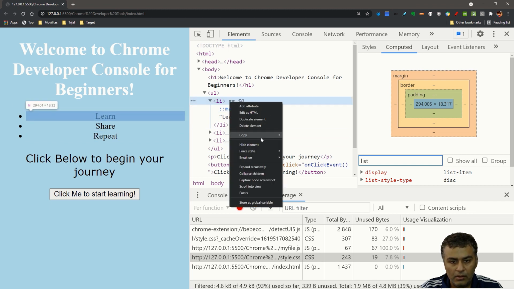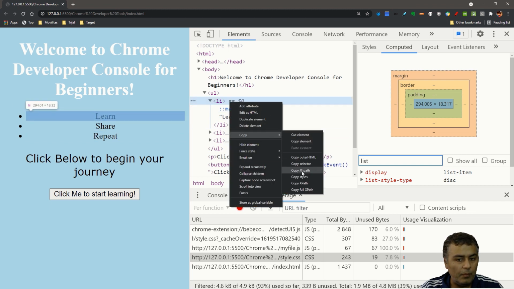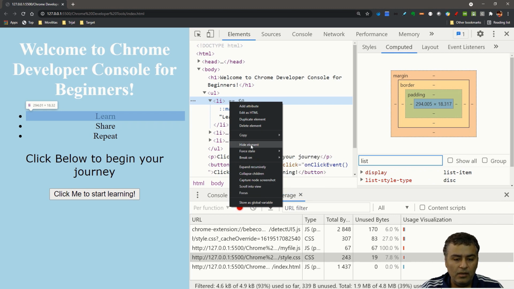How can we copy the ID that an element refers to? We can copy the styles as well, and you can hide them. So that's a bit about our elements. Now, in our next chapter or video, we will move towards our Sources tab, where we will understand how